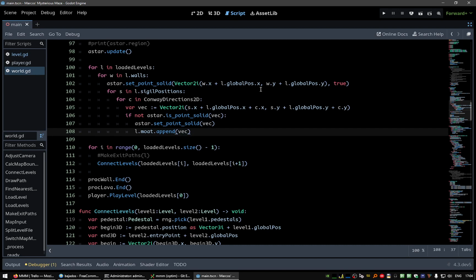So this moat will avoid unintended paths. But when we intend,